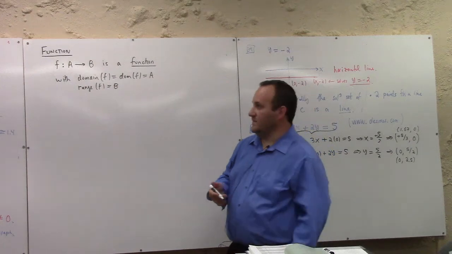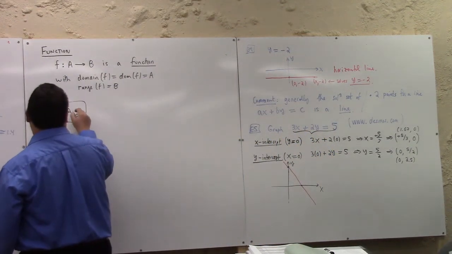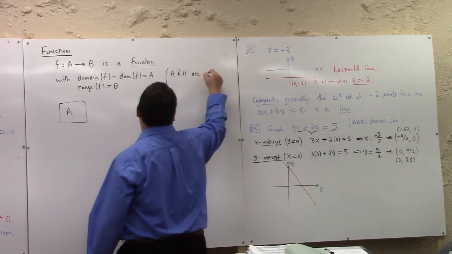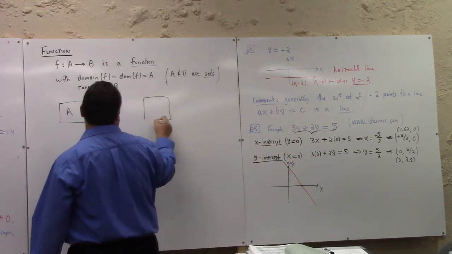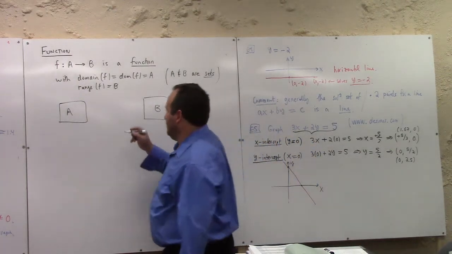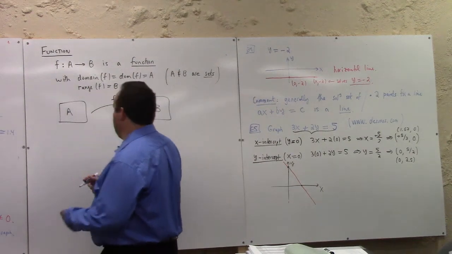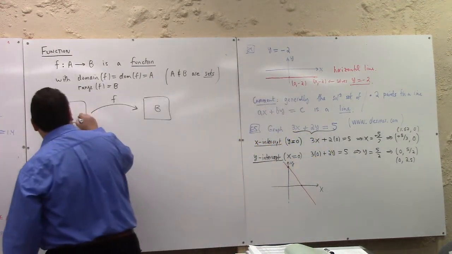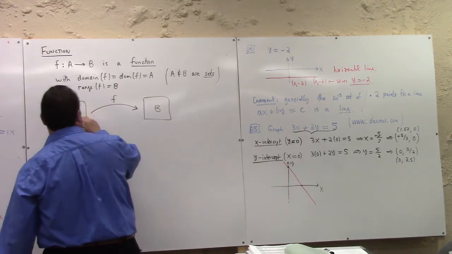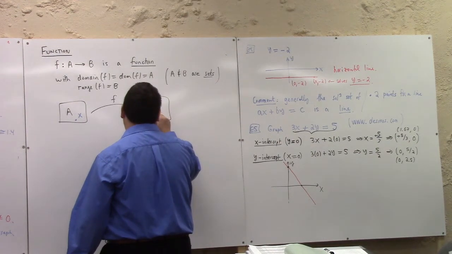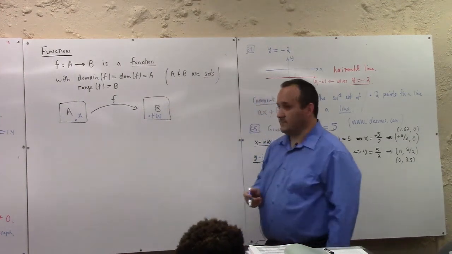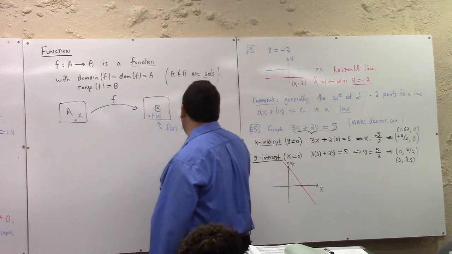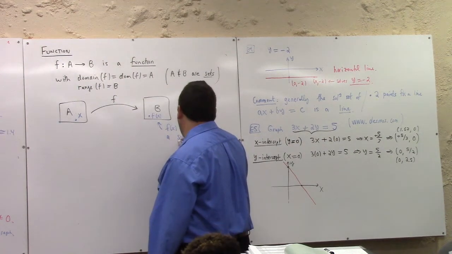So you could draw different pictures to get this idea schematically. There's this set A. A and B are sets, all right? So you have A, you've got B over here. And what is f? f is something that transports from one set to the other. Our notation is, we take x in the domain. Here's x. You go under f, you map over here to f of x, right? x maps to f of x. Now, this f of x has to be a single value